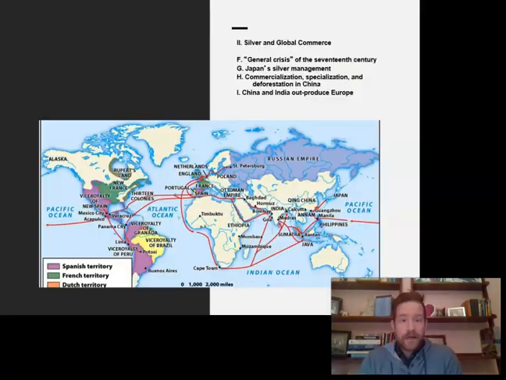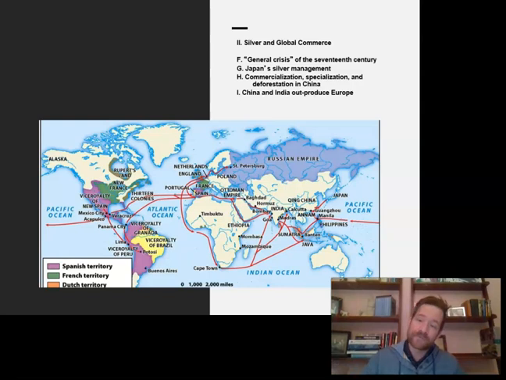And Spain wasn't alone with problems that silver caused. The influx of silver caused inflation around the world, destabilized many societies, leading to a general crisis from Europe to Southeast Asia. And the one bright spot here is Japan in terms of its silver management, right? Japan did a much better job of managing the impact of silver. The military leaders used the silver to win the Civil War, establish order, close the borders, foster alliances with merchants, and protect the remaining forests.